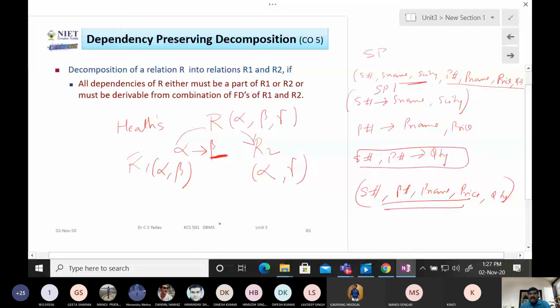During identification, start from the last. First see whether it is in BCNF or not. If it is in BCNF, then there is no need to check whether it is in third normal form or second normal form. If it is not in BCNF, then check whether it is in third normal form. If it is in third normal form, then automatically it is in second normal form. So from the higher normal form, we will identify the things. Did you get it?